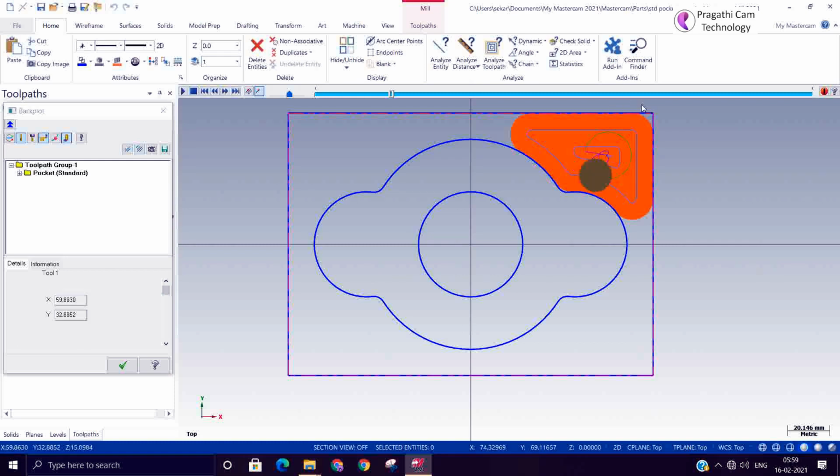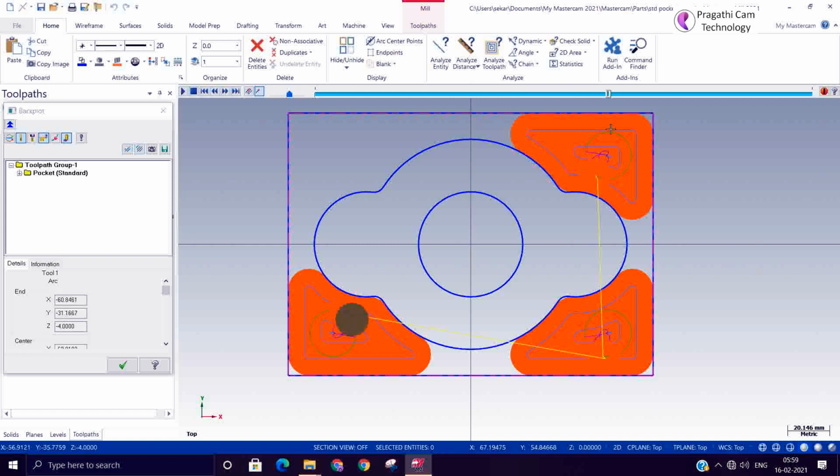On the corner, it leaves the material because it may not go out of this profile. So if you use standard pocket, definitely it leaves the material on the corner. No problem. Here the gap between the space is less than the diameter.